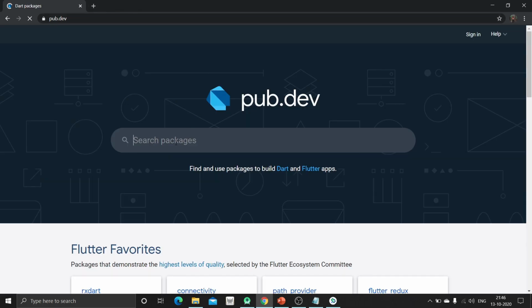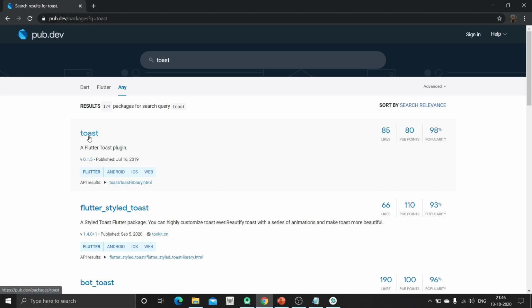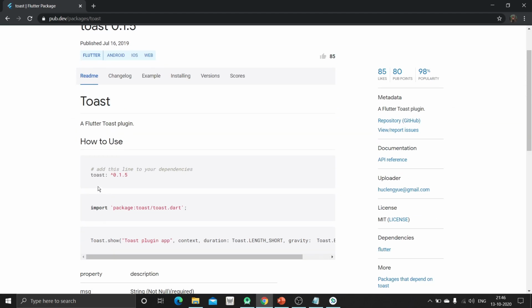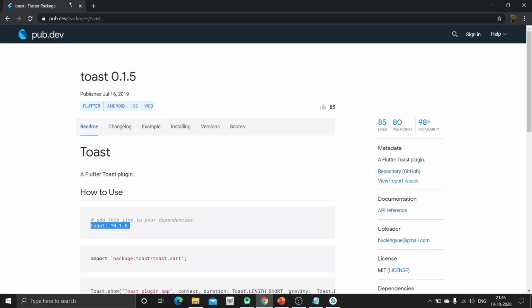Now we are going to take the package of toast. So here is the first one, that is toast, and for now we have to just copy this toast and its version property inside our pubspec.yaml file. So this is the pub.dev website, where you will find all the packages that are created open sourcely.